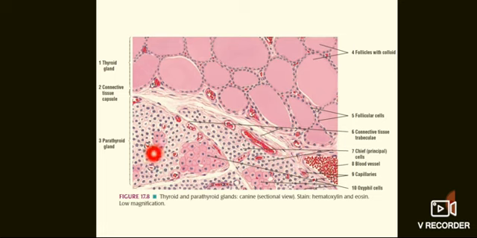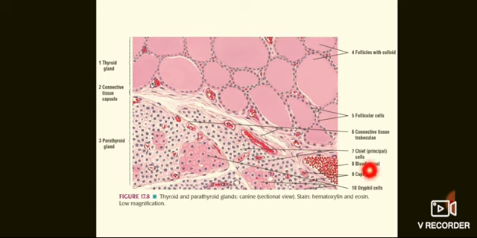They are smaller in size, and they secrete the parathyroid hormone. The chief cells are small polygonal cells, and they have a central nucleus. They have dark staining cytoplasm,